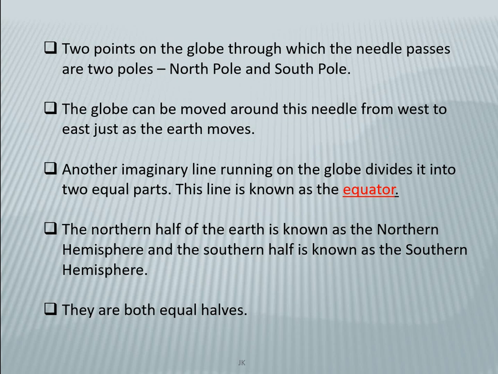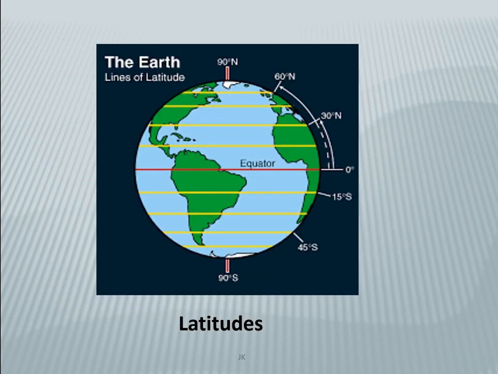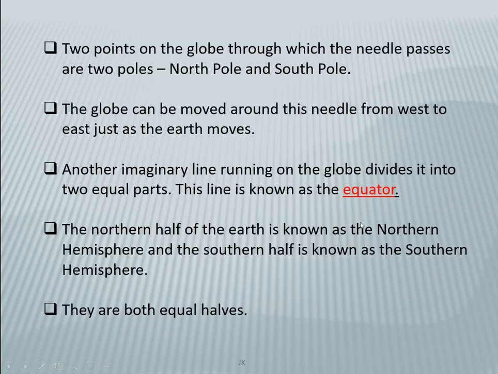I will show you with an image so that you can better understand it. Here you can see this is the earth, and here an imaginary red line is passing through the middle of the earth. This particular red line is called the equator. Okay, it divides the earth exactly into two equal halves. This is called the northern hemisphere, and the part below the equator is called the southern hemisphere, right?